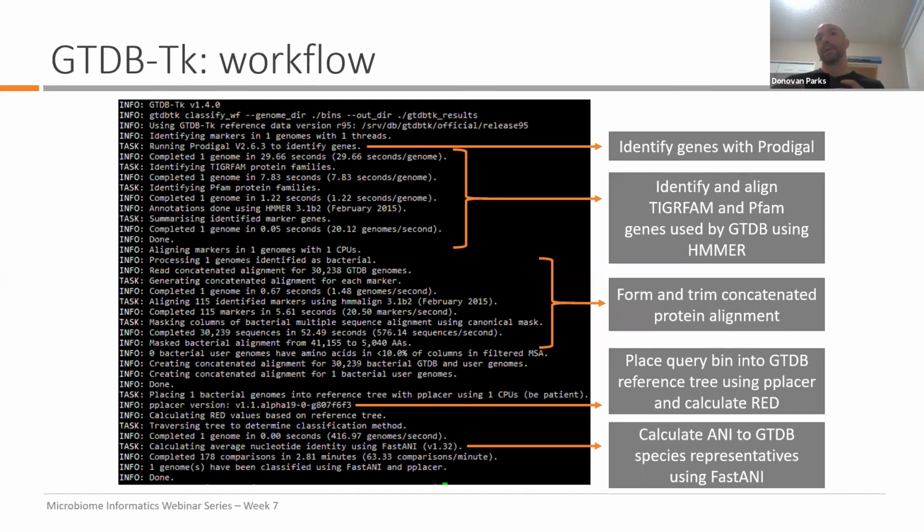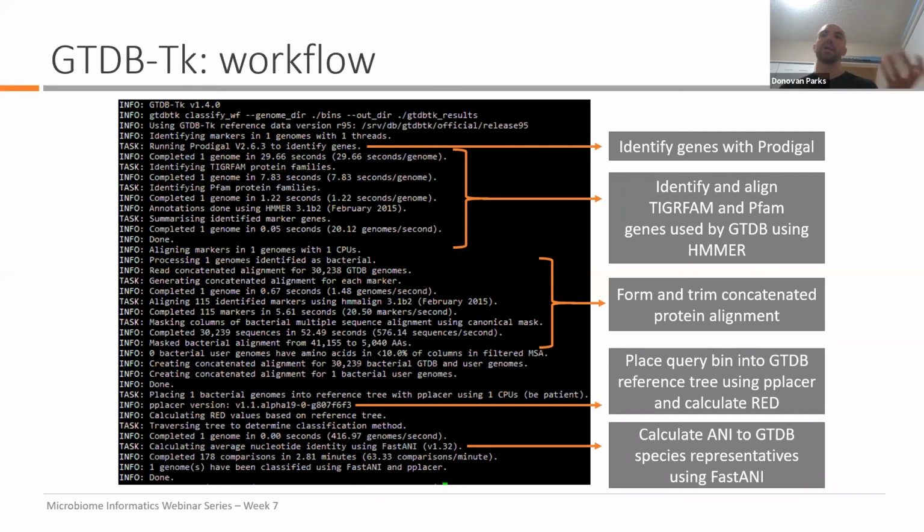Okay, so this is the command line output of GTDB-Tk, and it follows the actual workflow of GTDB-Tk. I'm just going to quickly walk through this so you can get a sense of what it's doing. Essentially, it takes your genomes and identifies the genes within them using a program called Prodigal. It then uses HMMER and HMMs for the TIGRFAM and Pfam protein families to